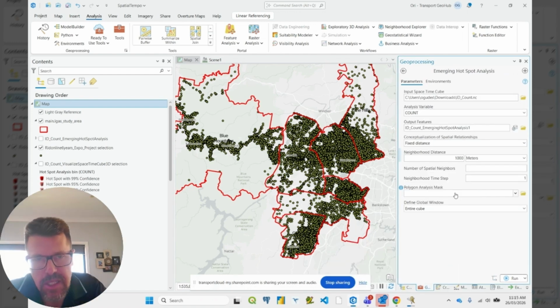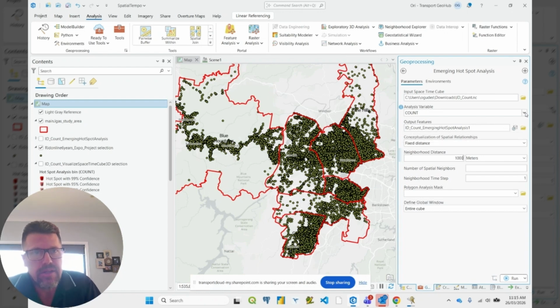So quick jump to step number two. As mentioned, the calculation takes a lot of time, so we cannot include this in the demo, but we can show the workflow, how it goes. So in this next step, you will use the emerging hotspot analysis tool. So in the first rubric, you need to refer to the NC file, the netCDF file, which we created in step